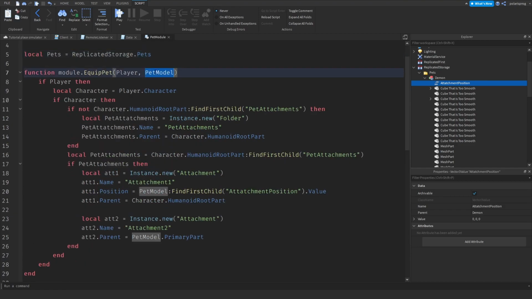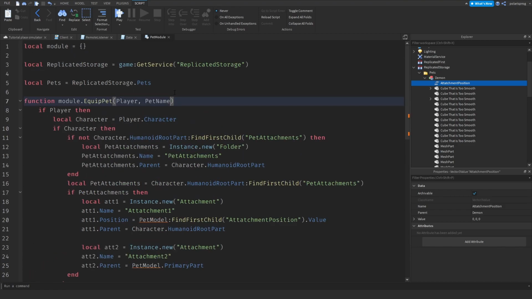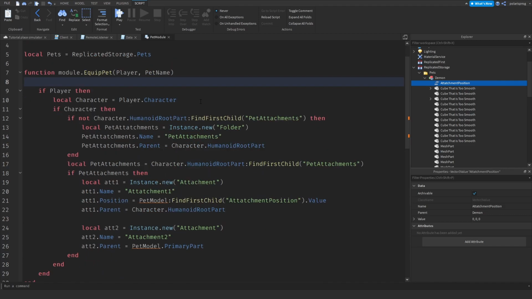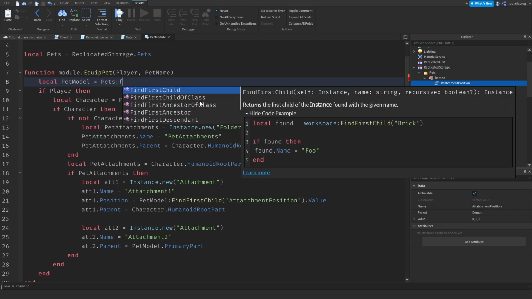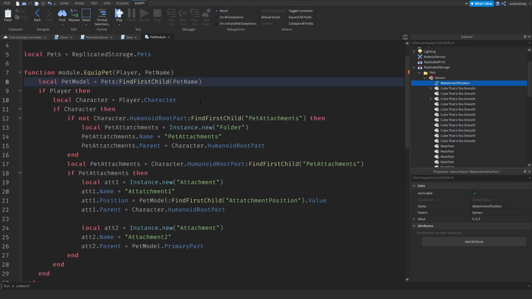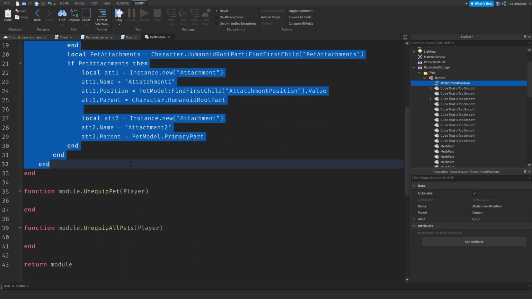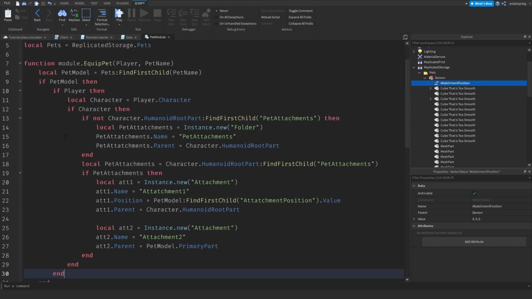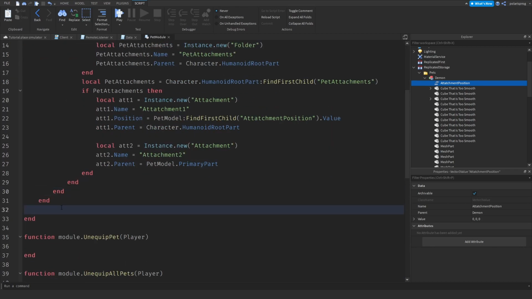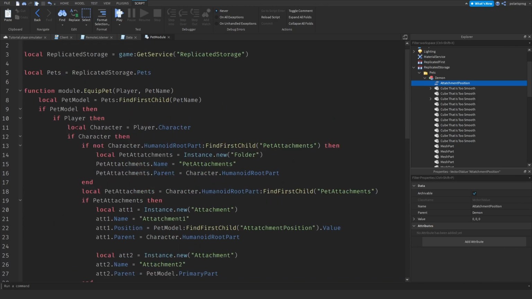Now this will be the pet name instead of the pets folder, and I'm going to do local petModel is equal to pets:FindFirstChild(petName). Now we're gonna check if petModel then we're gonna do all of this. By the way, I just pressed Ctrl X and Ctrl V to paste it there,